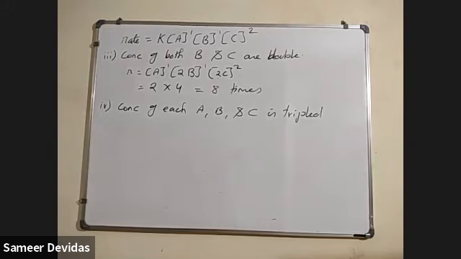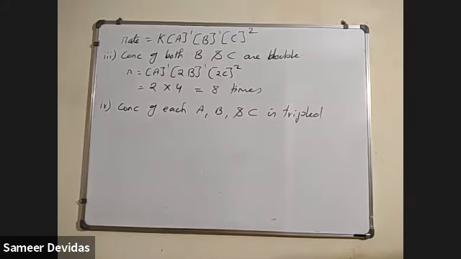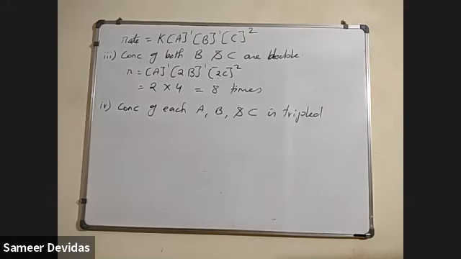So we'll go to the next problem, students. Take down the problem. A reaction is second order. See here, different types of things they can ask. You know how to do it, but while asking the question, they are making it complicated. See this question now. A reaction is second order with respect to reactant. How is the rate of reaction affected?